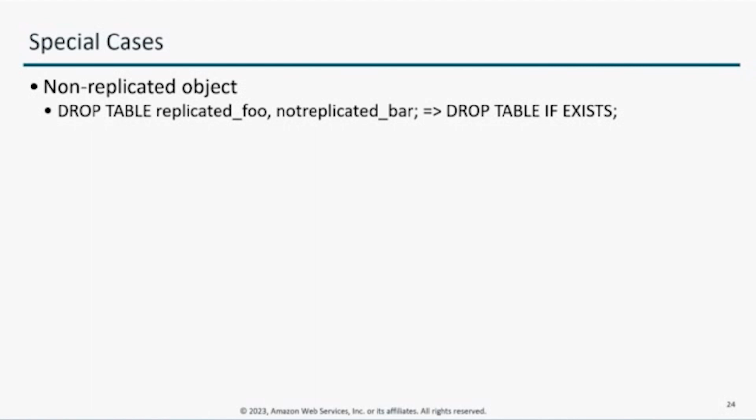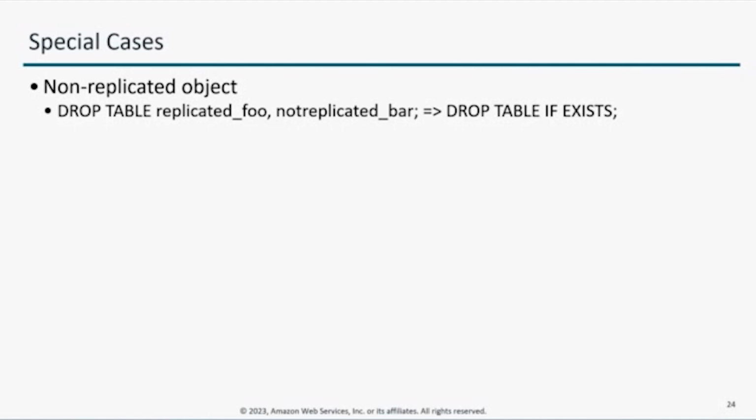The first one is, what if the DDL commands reference database objects that are not replicated, meaning they are not on the subscriber side, right? So for example, we have this drop table command where the second table to be dropped doesn't exist on the subscriber. So if we were to just replicate this command over and execute it, it will get an error because the table doesn't exist. Now what we do in this case, we'll transform the command to be drop table if exists